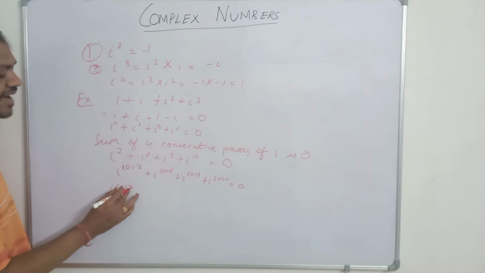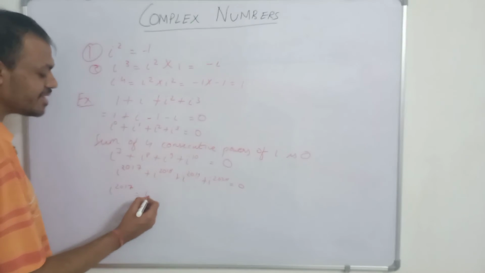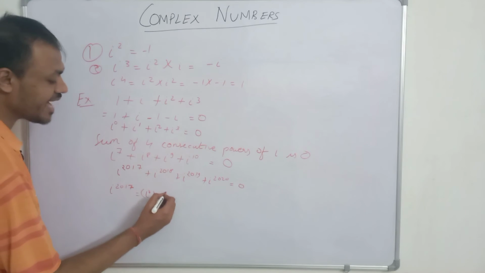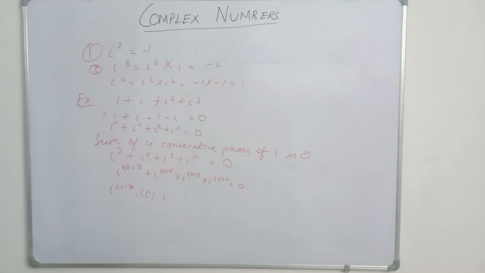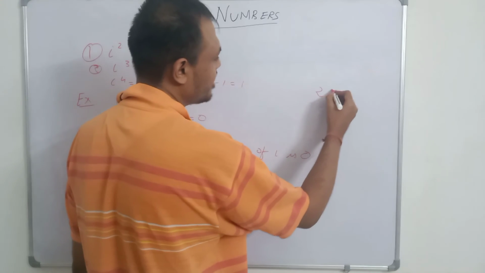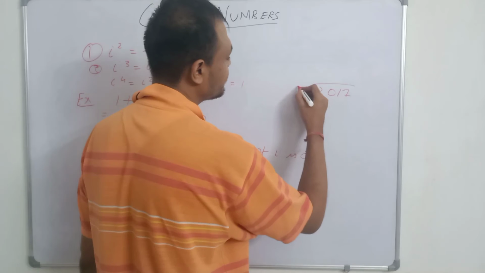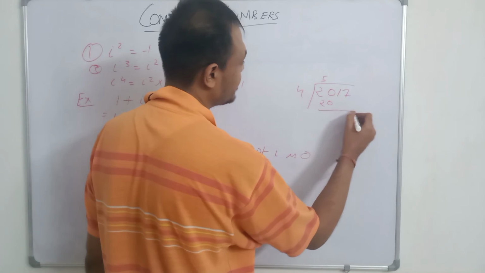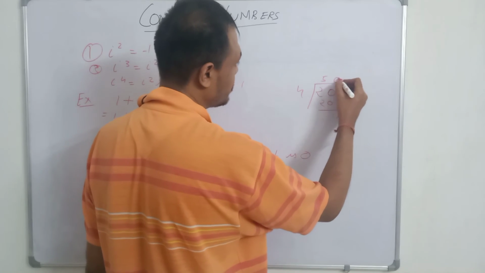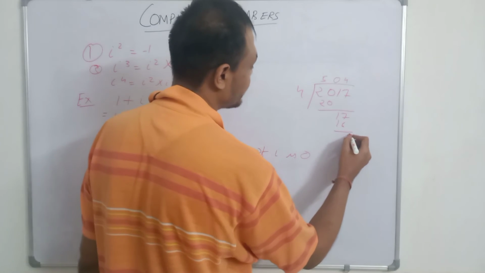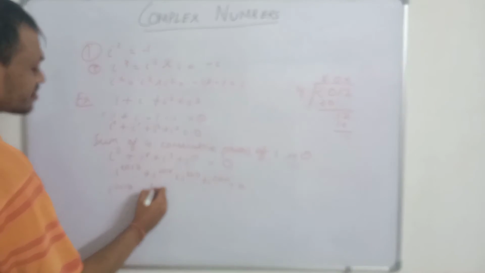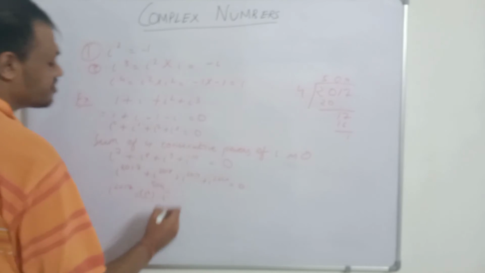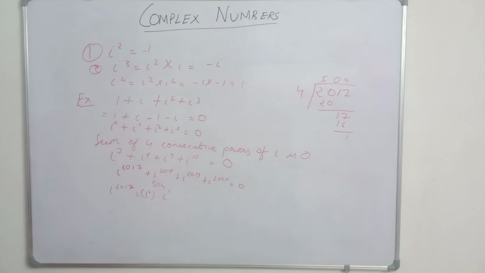If we write it in simpler form, then iota to the power 2017, if you divide 2017 by 4, then the remainder will be 1. So it will be iota to the power 4 to some bigger number and the remainder will be iota. 2017 is easily divisible by 4. So 4 fives are 20, then 1 7, so 4 0 and 4, so 16, so the remainder will be 1. So iota to the power 4 to the power 504 dot iota to the power 1. So this will be equal to iota.